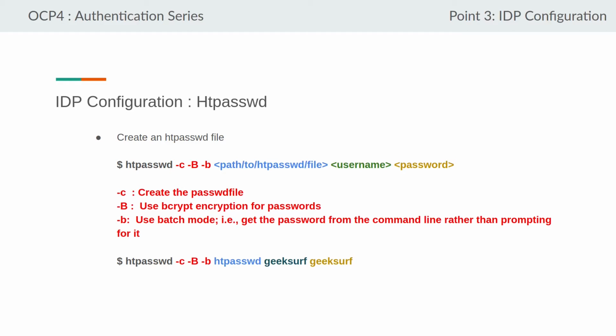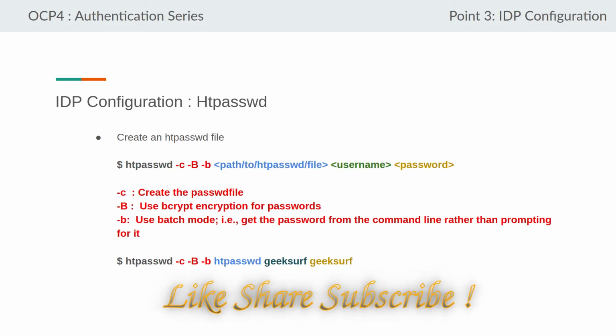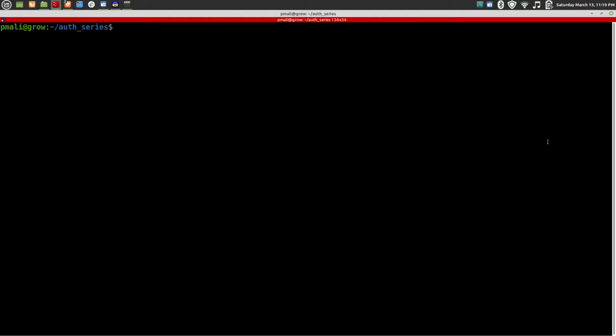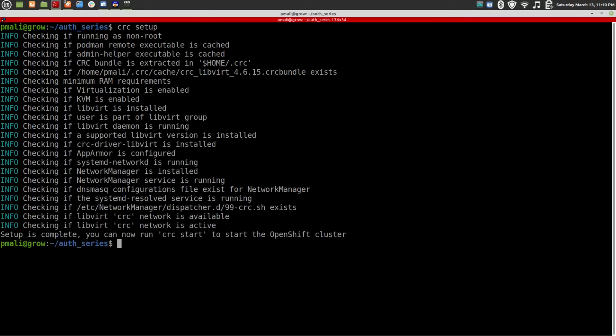Now let's move to our CLI and create the htpasswd file with the user details. First, let me start my CRC container. I am setting up my CRC container over here. To run this, I have just executed the crc setup command. To start my CRC VM, I will execute crc start.